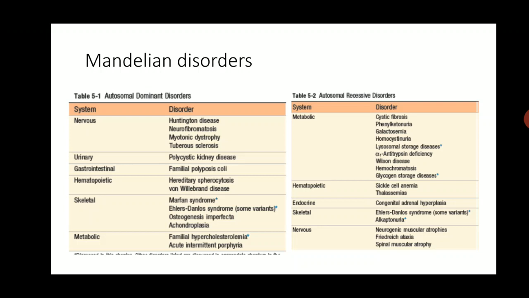If you pay attention to these two tables, you will find that most of the metabolic disorders fall under the category of autosomal recessive disorders. Also, the disorders which involve the hemoglobin chain fall under this category. Most of the glycogen storage diseases and lysosomal diseases are also included in this category. Whereas the autosomal dominant disorders mostly include those which involve mutation in structural genes, such as hereditary spherocytosis and Marfan syndrome, or include certain receptors and their pathways.